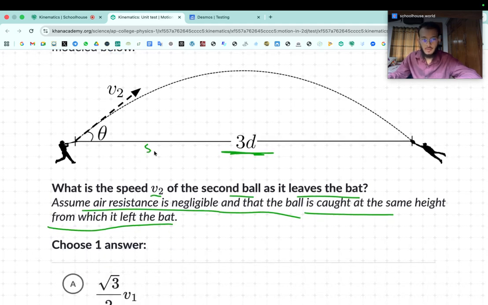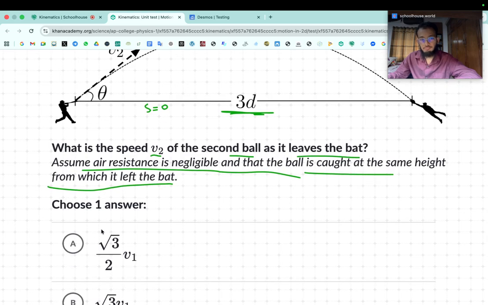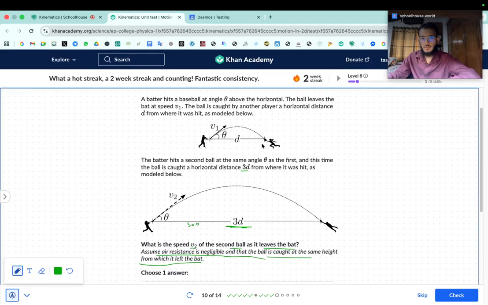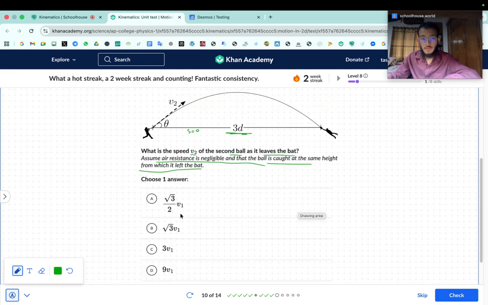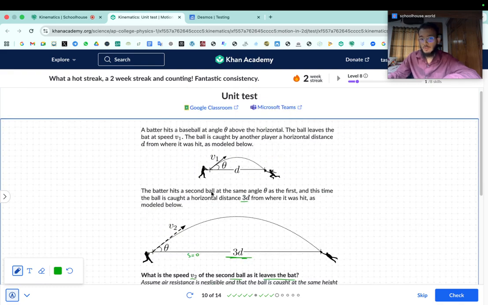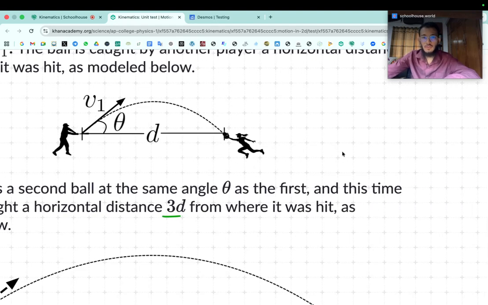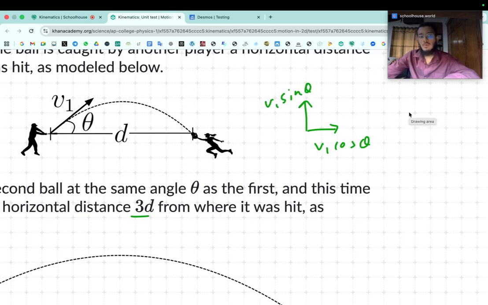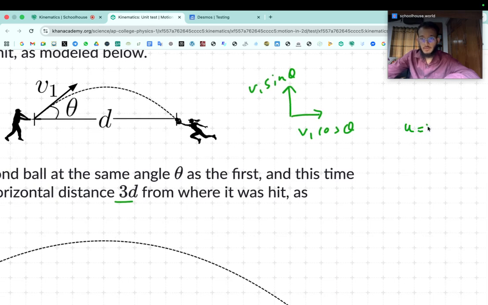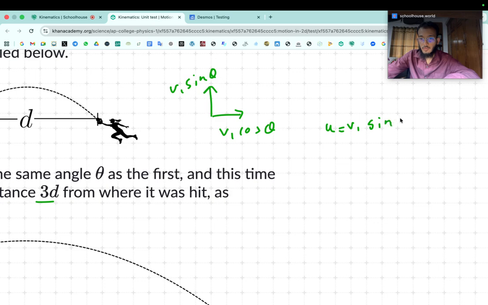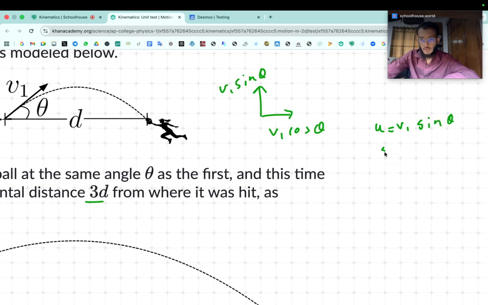So s equals 0 basically, vertical displacement. We have to make some calculations. We have to find v2 in terms of v1 using known information that we have. So if you resolve this, we have v1 cos theta and v1 sine theta. Thinking vertically, u is v1 sine theta, and s equals 0,